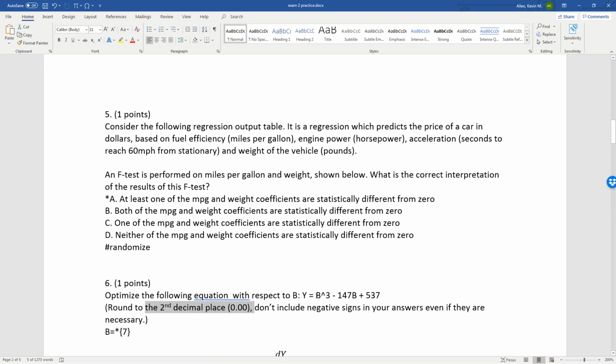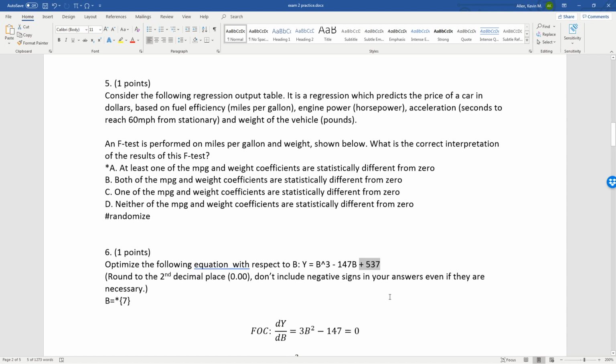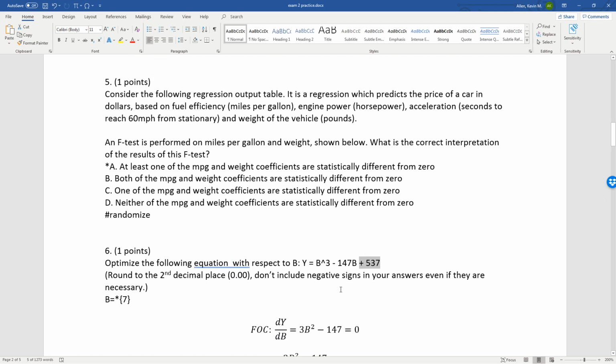So here's our equation. Y equals b raised to the third power minus 147b plus 537. So if we're going to optimize this equation with respect to b, we're going to need a first order condition, which is to take the derivative of this equation with respect to b, because that's what we're optimizing with respect to, and set that derivative equal to 0. So the derivative would be